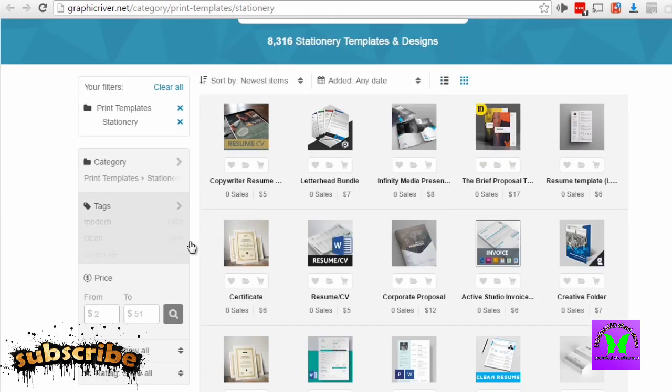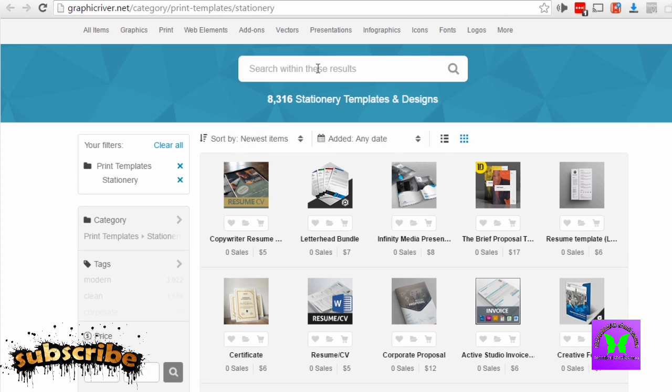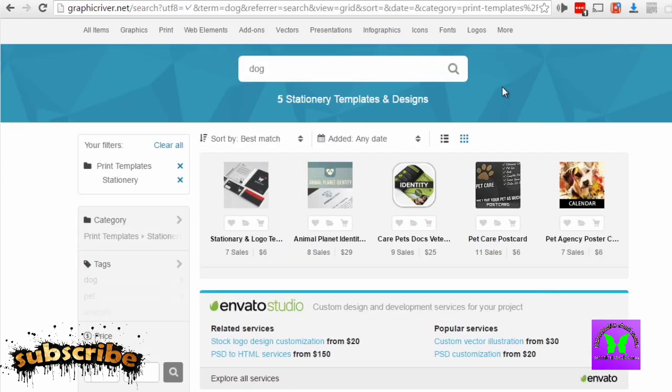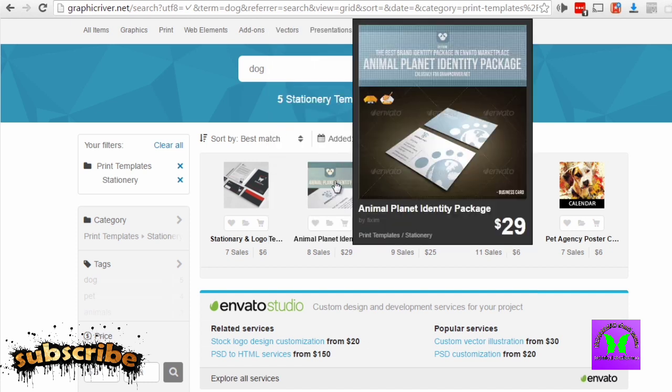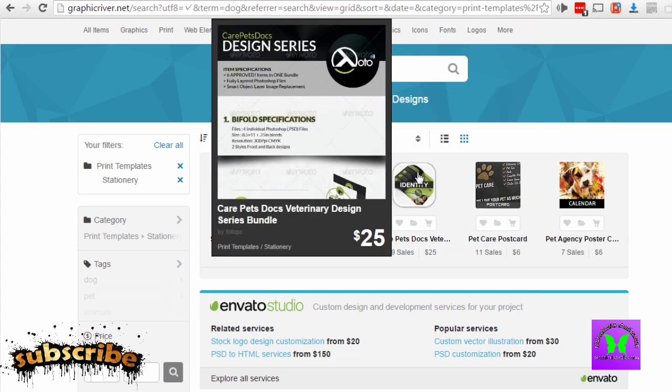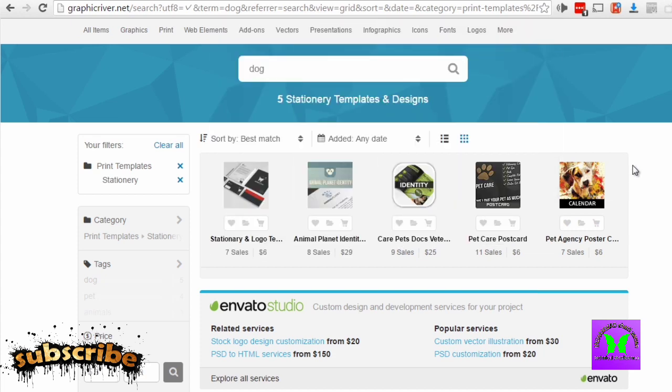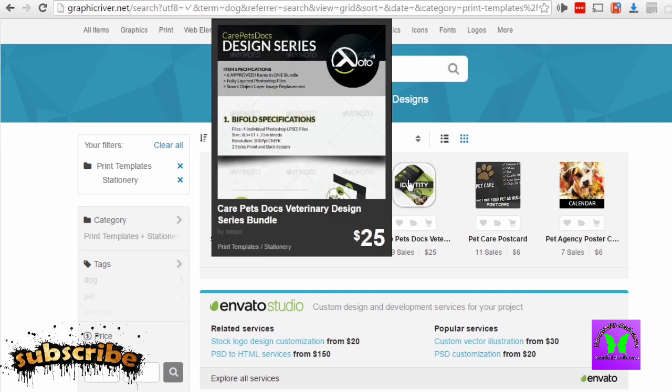So what I can do is a search for a particular niche. So let's try dog and see what we get. Right off the bat, we can see that there are stationery and logos just for the dog niche. And what better way of making your content look more professional and more catered towards your specific audience than by finding designs that are specifically made for that purpose. So if we take a look at these pieces of content,